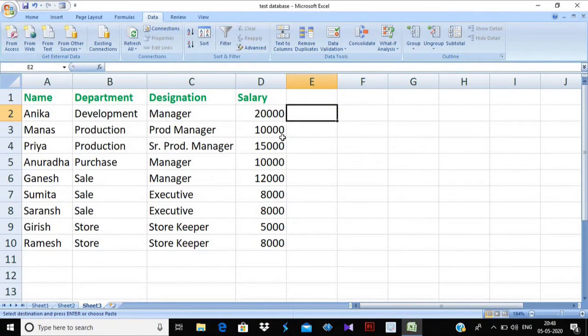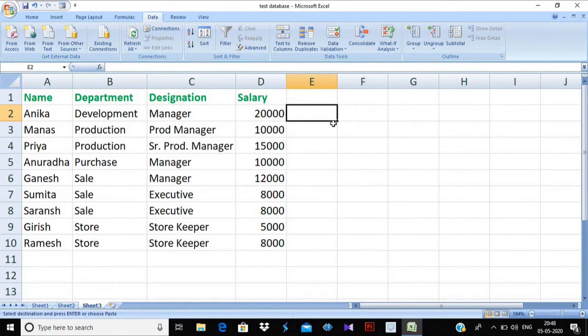Or suppose we want the information of employees having a salary of 10,000, so two are there. Here only 10 employees are there, but if there are 200 or 500 employees, it will be very difficult to search one by one. So for that we are using advanced filter.